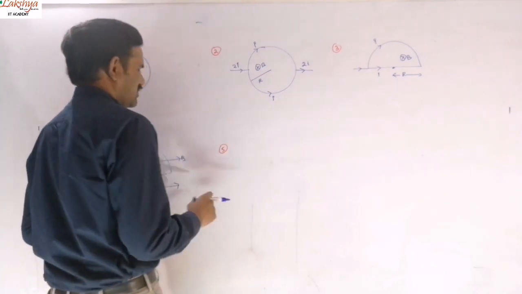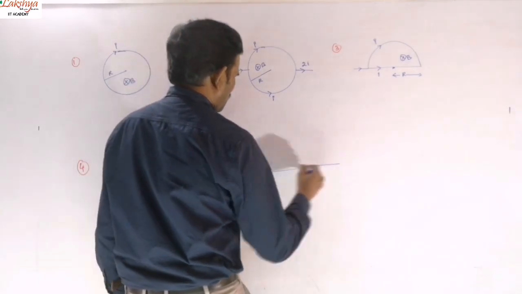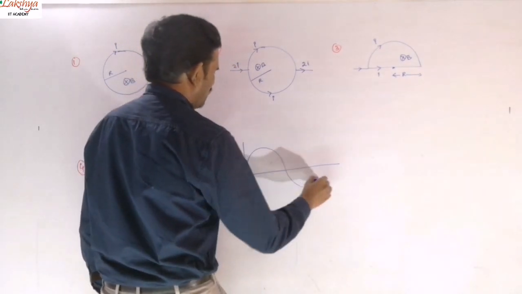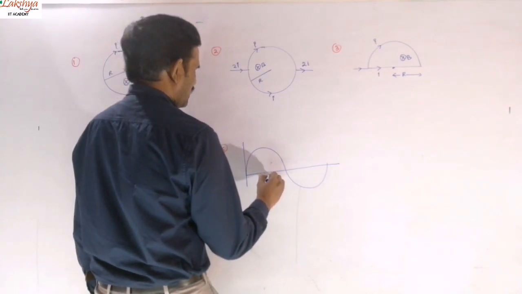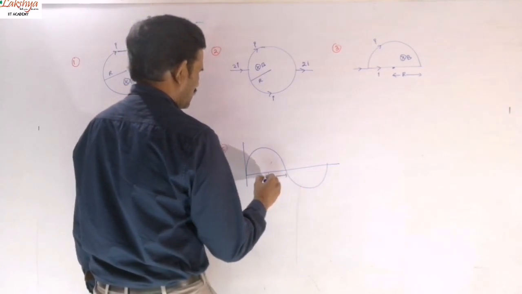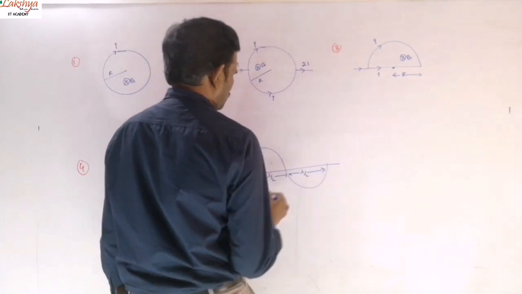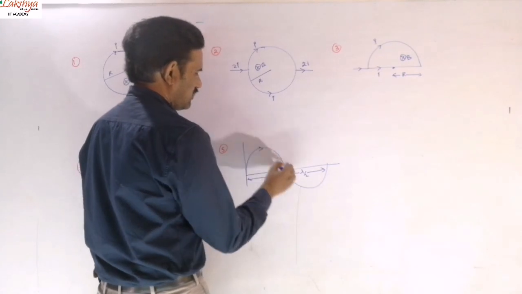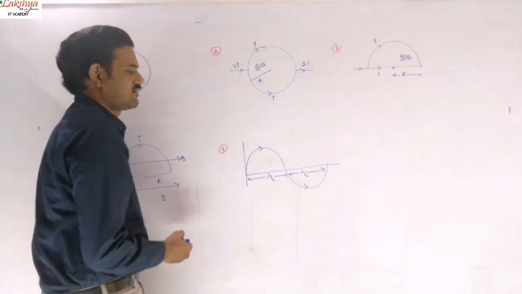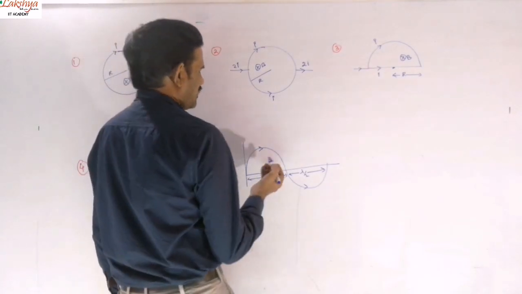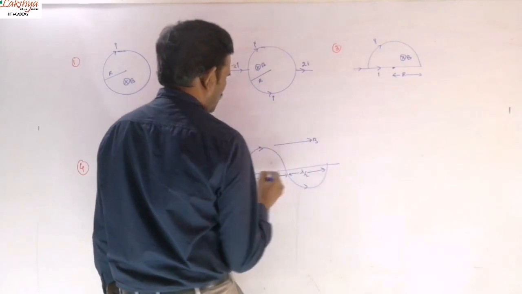And the next one is, like suppose the conductor is in the form of a sine wave here, of this distance lambda by 2 up to here, and this is also lambda by 2. Some current I is flowing here, only current is flowing like this. This is the only conductor here, a sine wave. And so now here again two cases will be there. When the magnetic field is along this direction, find the force acting on this.